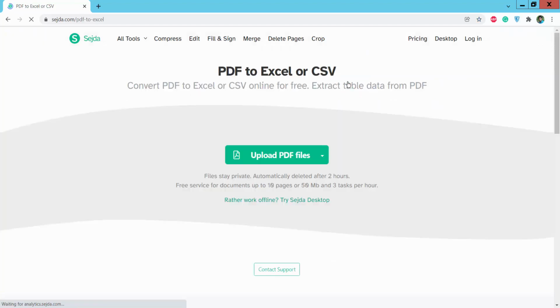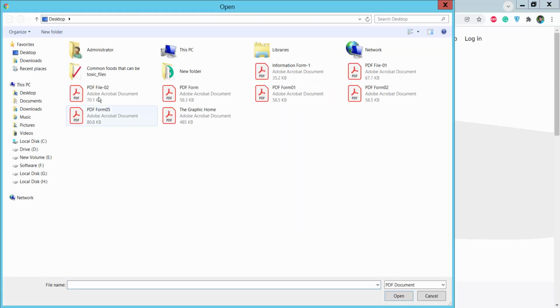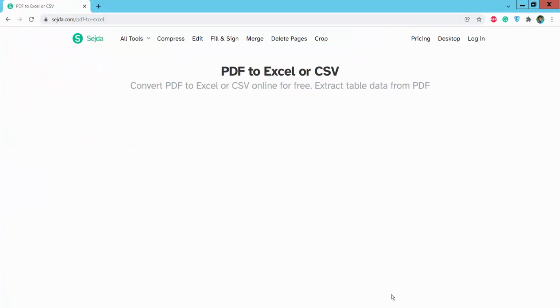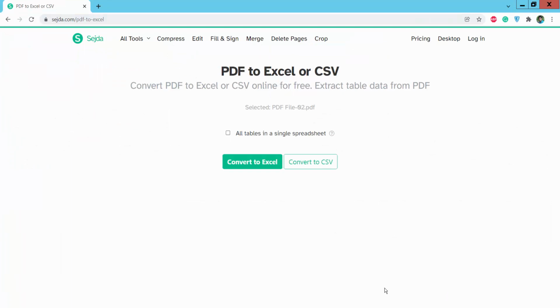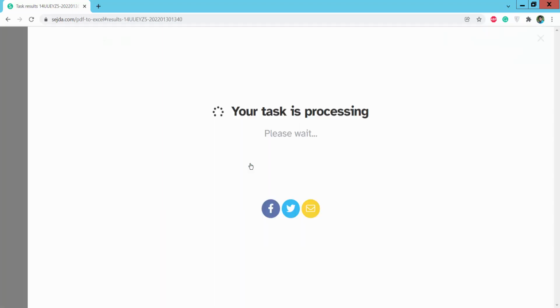Click here and upload your PDF file. Click Upload PDF file. So, my PDF file already uploaded. Now click OK. All tables in a single spreadsheet, and now click Convert to Excel,